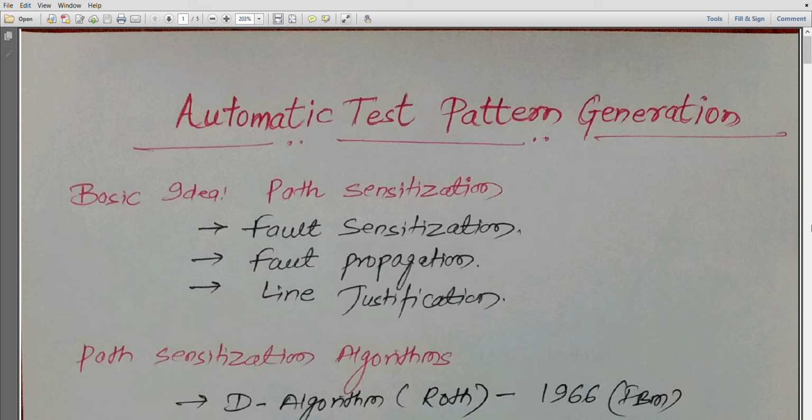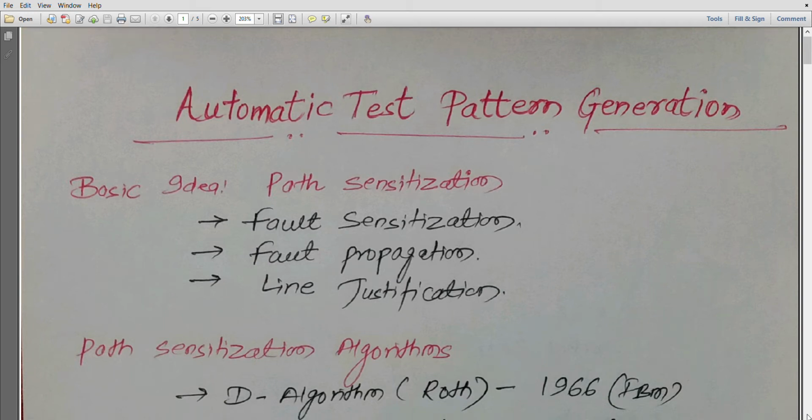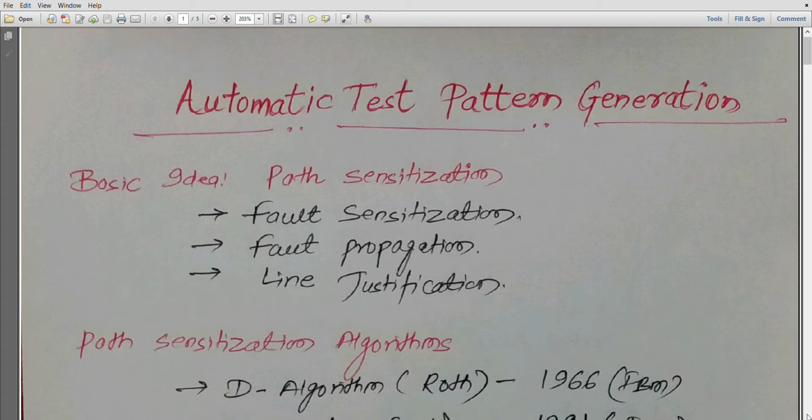So, we have been discussing the fault modeling of combinational circuits. We have also discussed the method of test pattern generation in the previous lecture. And today's topic is based on the advanced technique of test pattern generation, that is known as the automatic test pattern generation scheme. So various test pattern generation schemes have been developed, but as I already told you in the previous lecture, this automatic test pattern generation is abbreviated as ATPG.